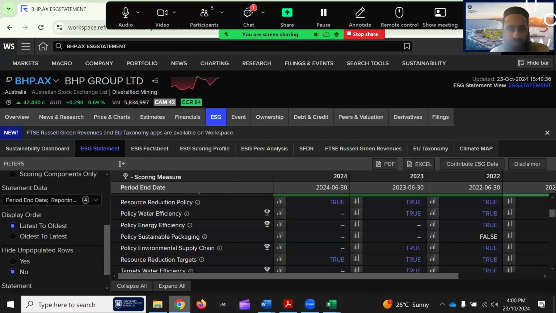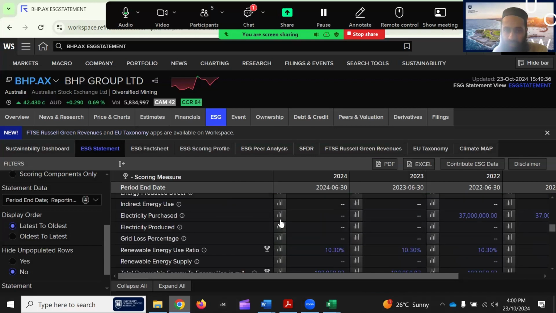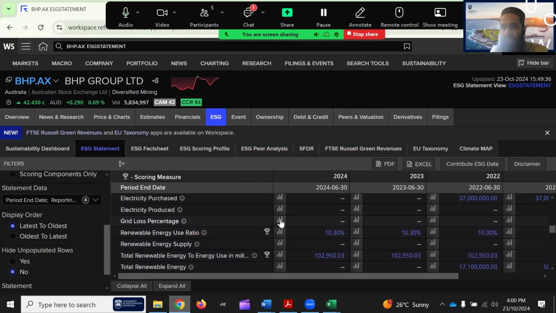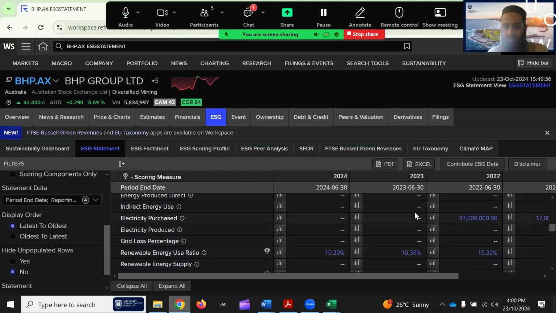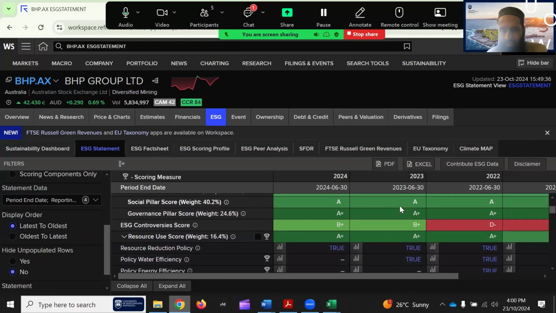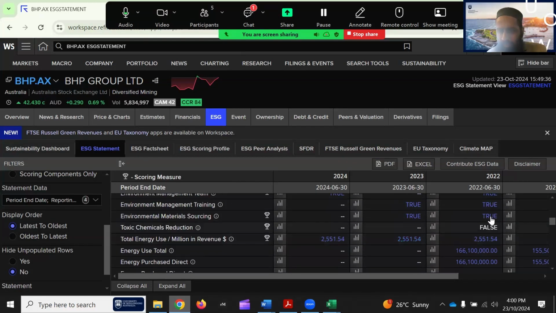Let's say for BHP, it has 2 here, but in the incomplete one, it's blank. So it might be populated later on, but if you go to 2022, it has it. So that's another thing: with each indicator, you can also see how the company is performing in a particular industry. Then you see some of the text is blue and some of the text is white.